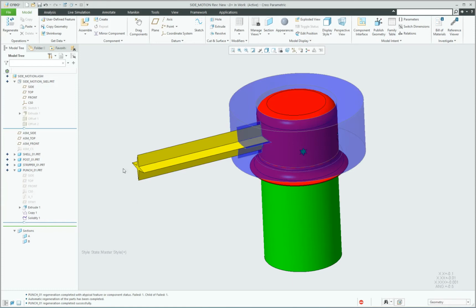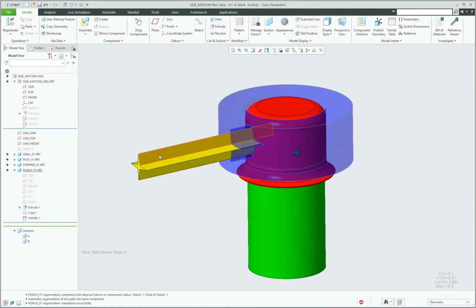For example, right now, all of these components are dependent on their position in the assembly. And so if I move something in the assembly, its position is going to update. But that can sometimes be a challenge if you want to mechanize things and see what they look like in an alternate position. In mechanism, if I allowed this stripper to move up, or I allowed this punch to move out, and then I regenerate,